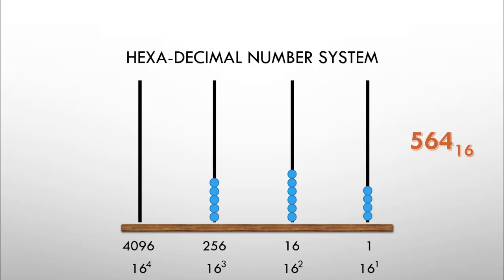So this will be the representation of 564 base 16. Let's say I am going to represent the alphabet letter F. F is 15. So I am going to use only one line here, the last line, that is the rightmost one, and I am going to use it as 15 beads. A maximum of 15 beads I can use here. So all 15 beads I will be using to represent F base 16. So this is how you represent counting frames for each number system.